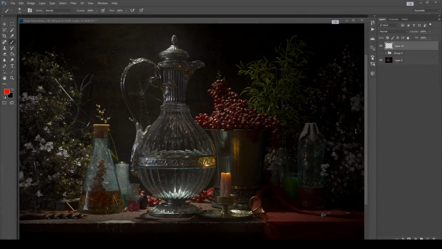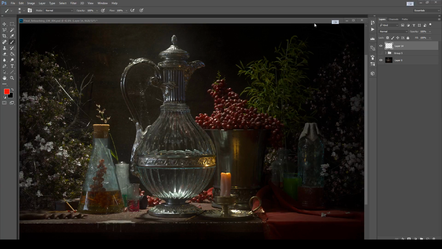What you're seeing up on the screen right now is my very first attempt, and this is just straight from V-Ray. There's no adjustments done, there's no extra layers added, and at the time, I was actually pretty happy with this. I saw that there were quite a few flaws and inconsistencies,